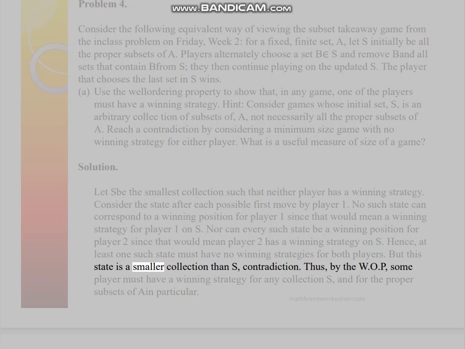But this state is a smaller collection than S, contradiction. Thus, by the W.O.P., some player must have a winning strategy for any collection S, and for the proper subsets of A in particular. MathHomeworkSolver.com